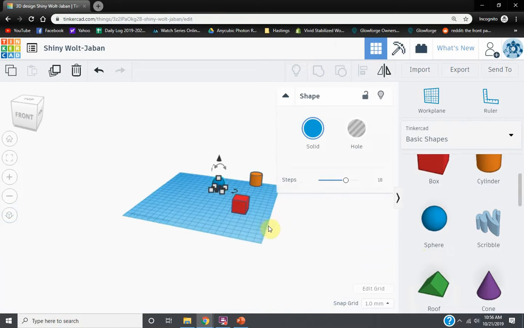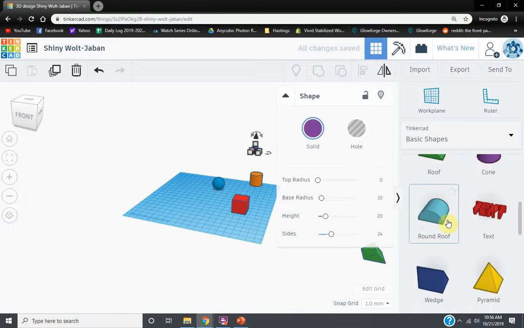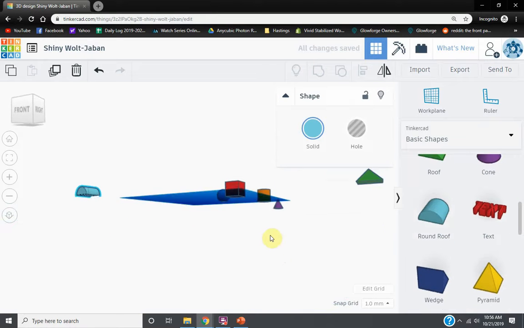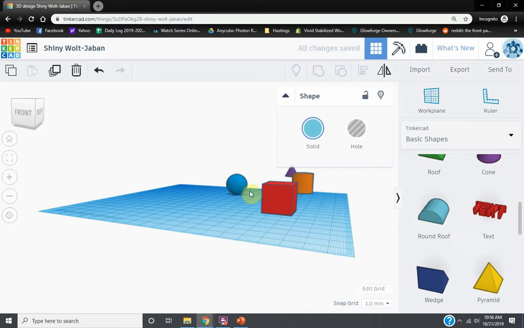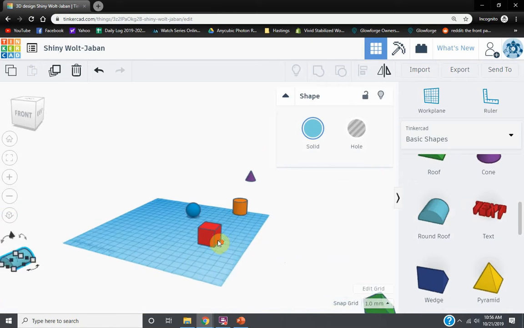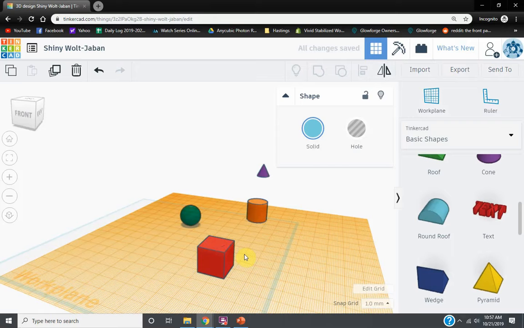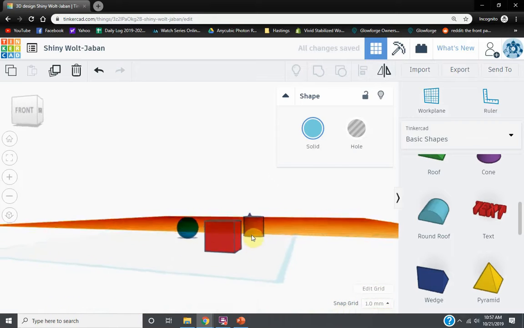You do not need to drag things onto the work plane. You can drag them off the work plane or wherever you'd like. So just know that the work plane is just the level on which you are dragging the objects onto. For instance, I can move the work plane. So if I click and drag the work plane and I move it on top of the square there, the